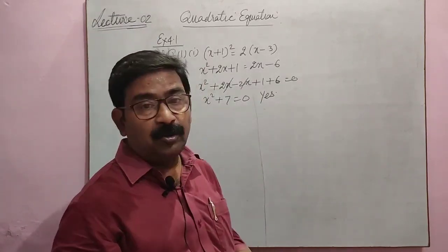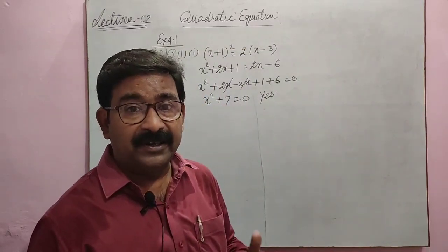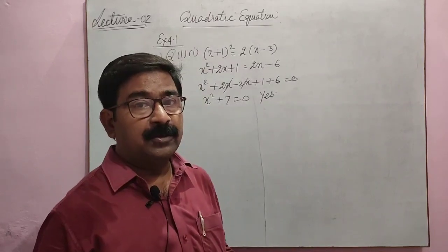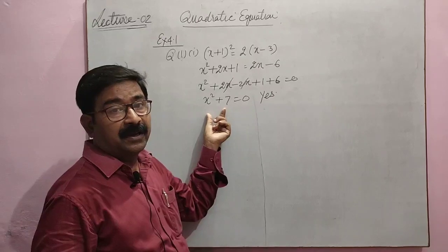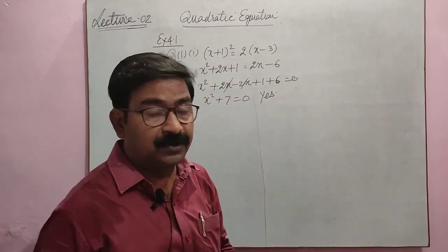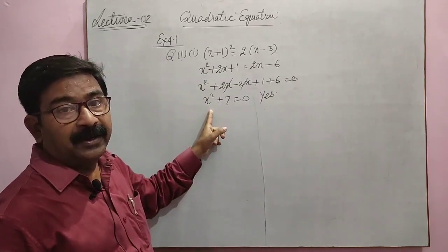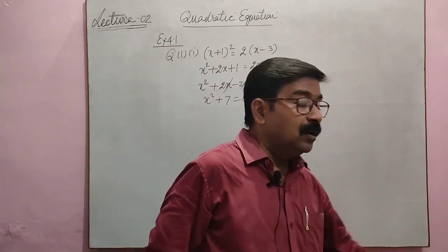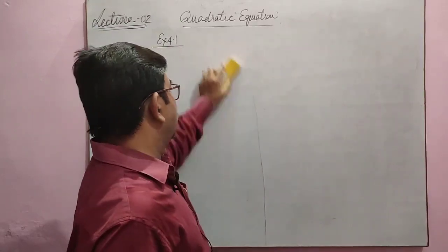So similarly you have to simplify the given equation and check whether the degree is 2 or not. If the degree is positive 2, it means it is a quadratic equation. Don't go for how many terms are there. It may be 2 terms, a single term, or 3 terms. We have to check only the x square. It must be degree 2, positive. Got it? Now we are coming to question number 2.